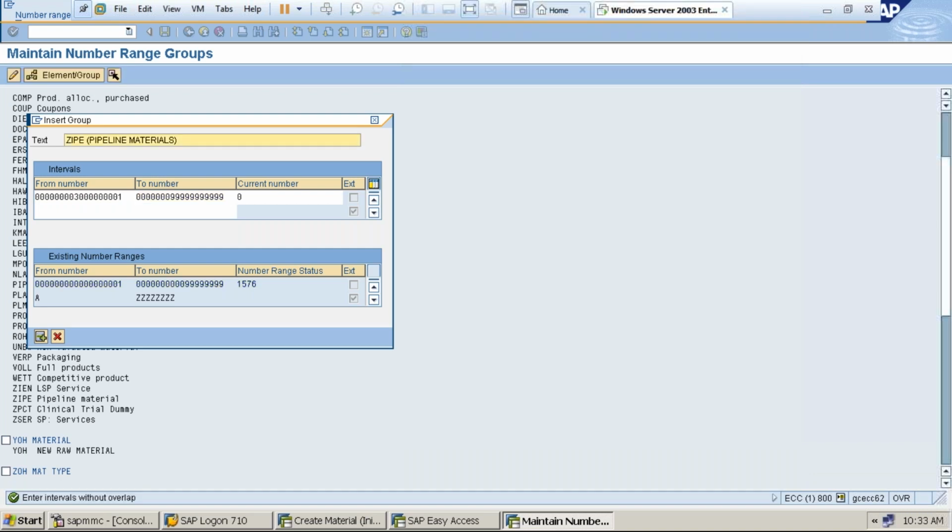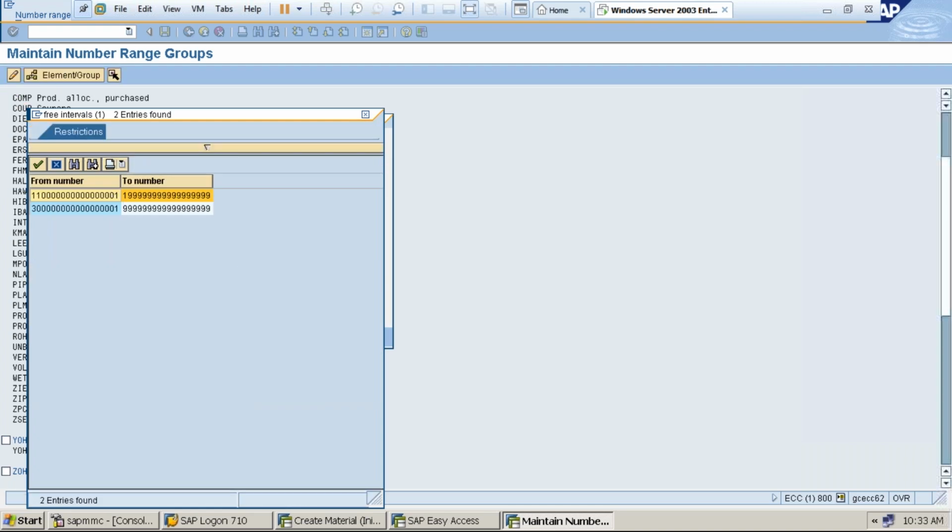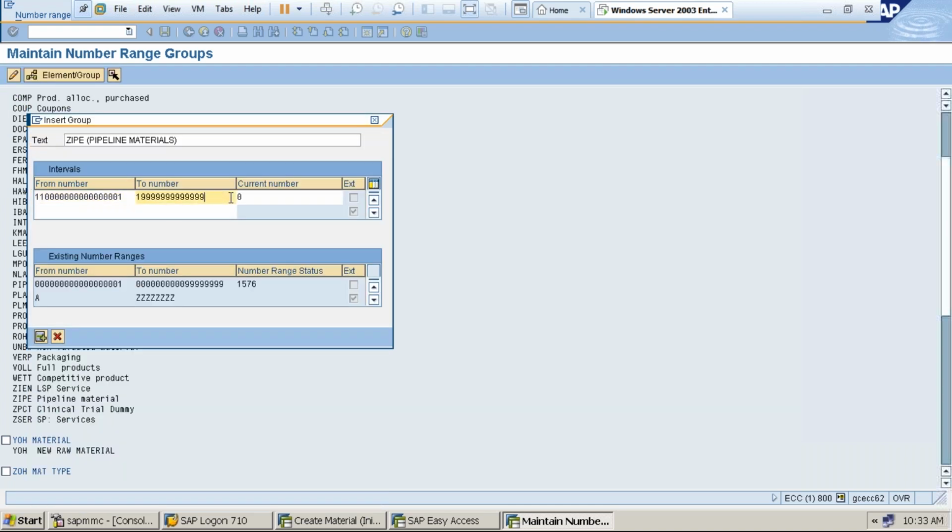Again, enter intervals without overlap. Somewhere it is overlapping again. Monitor the number.